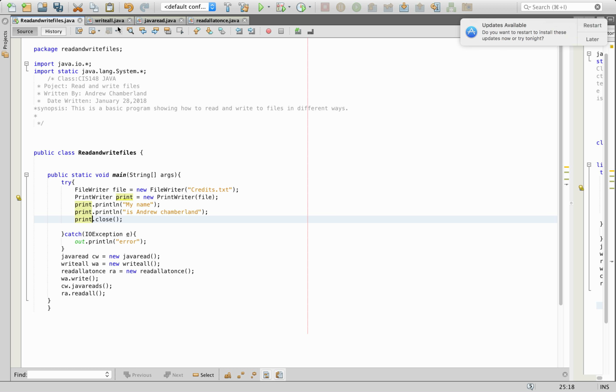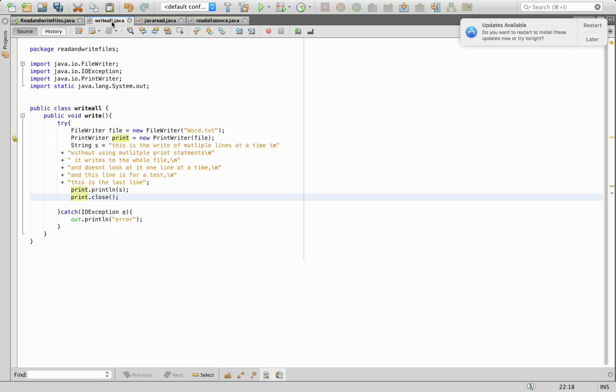So now I'm going to show you what it looks like when I'm trying to write all of them at once instead of going line by line. Still using the file writer and the print writer, but this time I use a string, and I keep them together in one variable location, a string s. So then all I have to do is print out the variable s, and it's actually going to print out all this information at one time, and then obviously a print.close, and then the try and catch to make sure